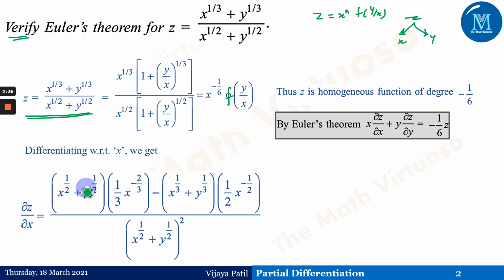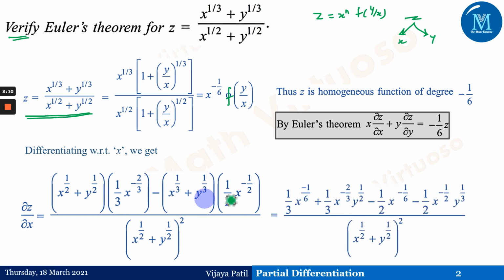These rules we have already seen. Just follow the I button to get the previous sessions on partial differentiation. So here the u by v rule will be applicable. We have seen that in a very detailed manner while solving partial differentiation questions. Therefore, we'll go ahead as v into differentiation of u minus u as it is into differentiation of v, divided by v square. So that would be something like this.